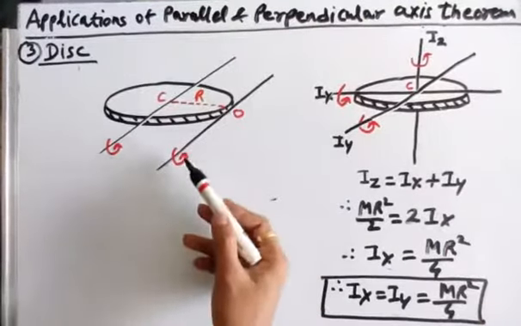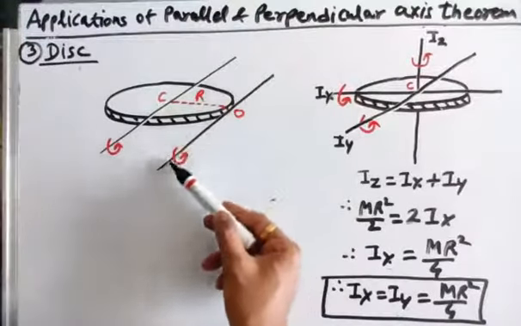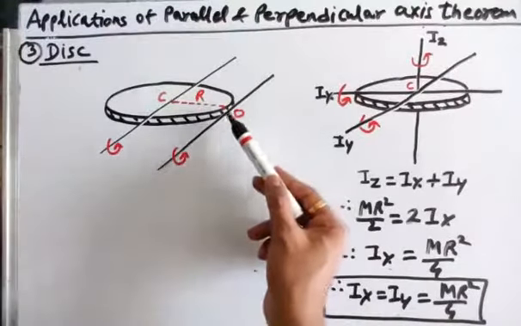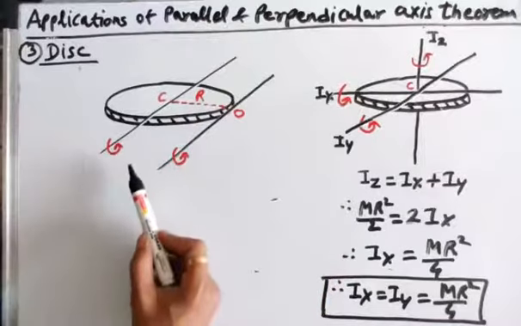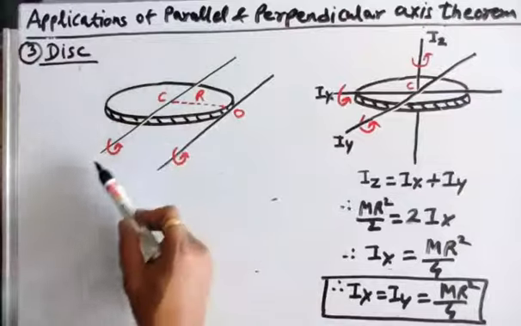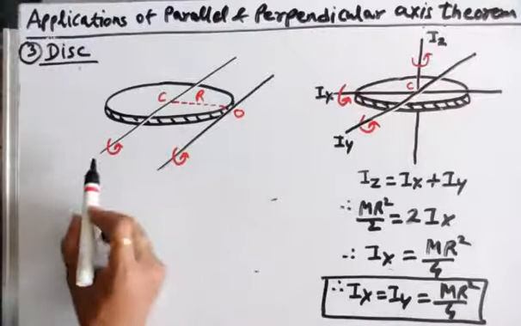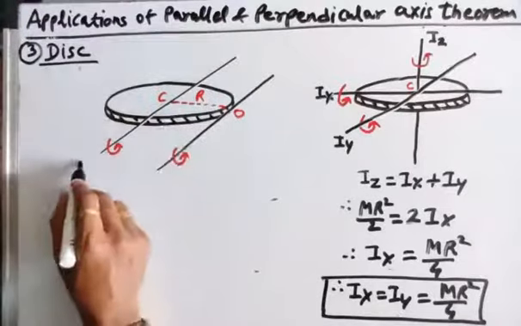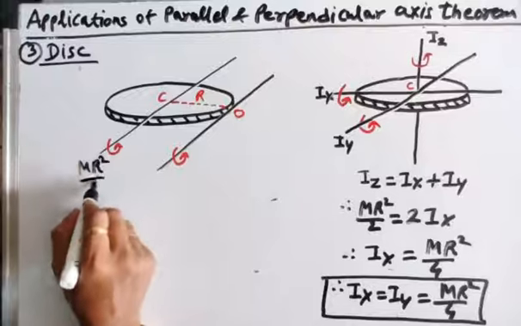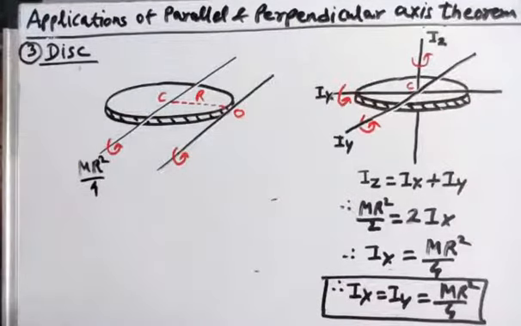Now in this case, we want to find moment of inertia of a disk about an axis tangent to the disk in its plane. So we can clearly see here, this is the axis which is passing through its center and along its diameter, for which we have already obtained its equation. So moment of inertia about this axis, we can write it as mr square by 4, and about this axis we want to find the moment of inertia of the disk.